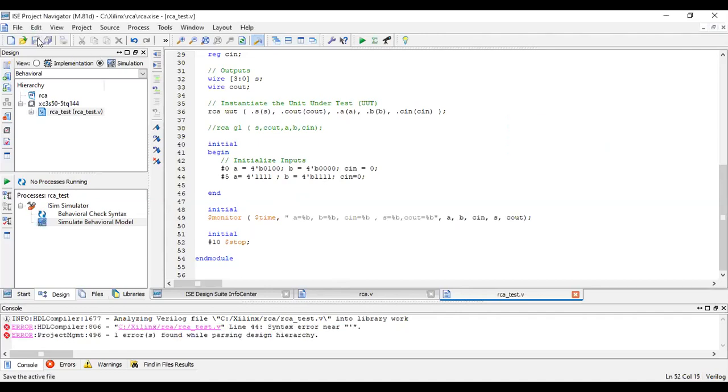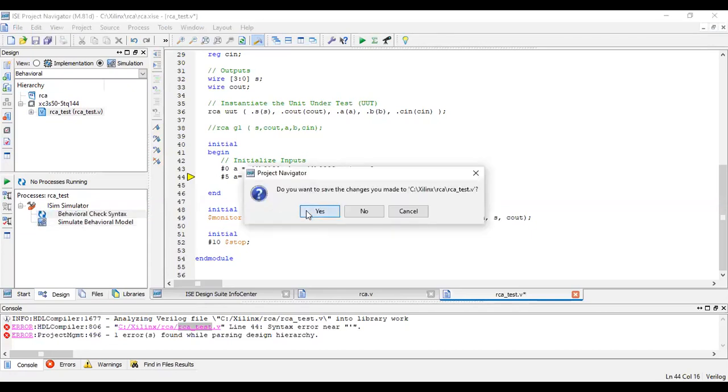So let me save it. There's some error it is showing, syntax error in line number 44. If I click on this, it will point to the error. Which means that the error will be in that particular line or any other line above that. Or even sometimes it will be below, but ideally in most cases it will be above that. So I missed the B over here. That is the error it is showing.